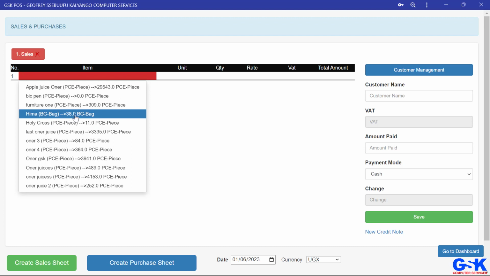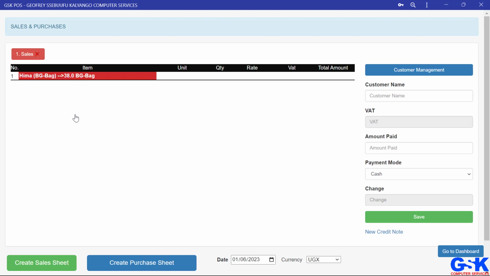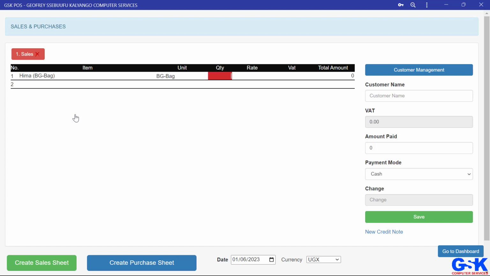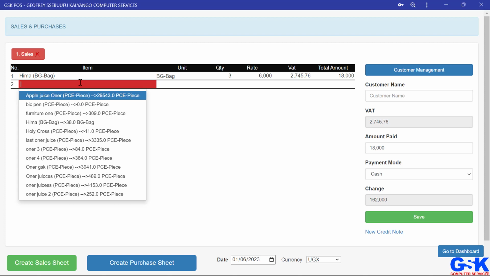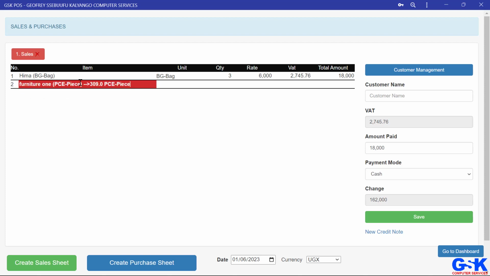Now if I select HIMA, you can see I'm using the enter key to navigate, and then I can change the quantity, let's say to 3, and then enter. I can also change the rate to any desired figure. Then we have a VAT column here. People can see we have a new VAT column, and also our rows are going to be created automatically for us. Every time you add an item, the system will create for you a new row,